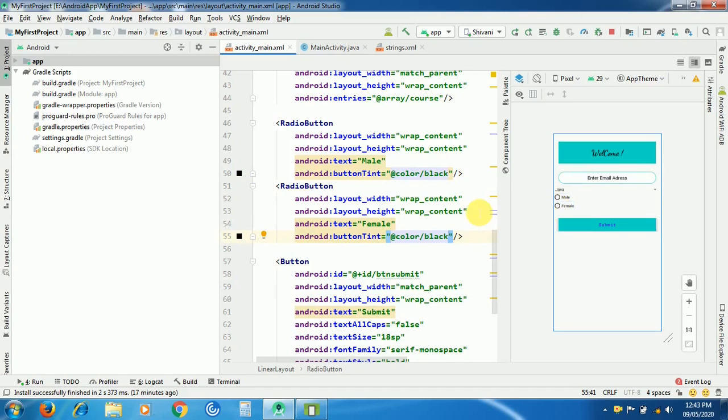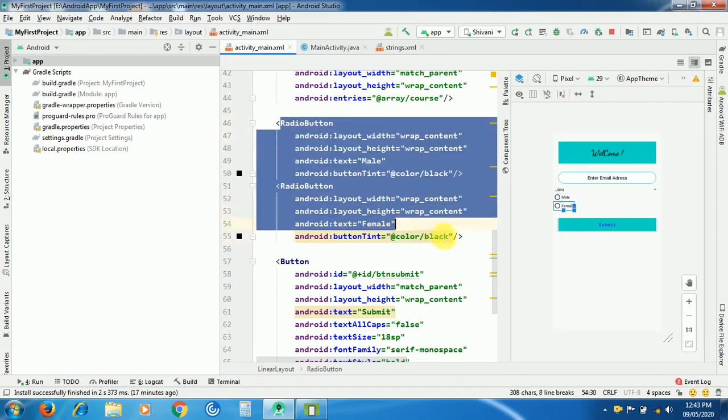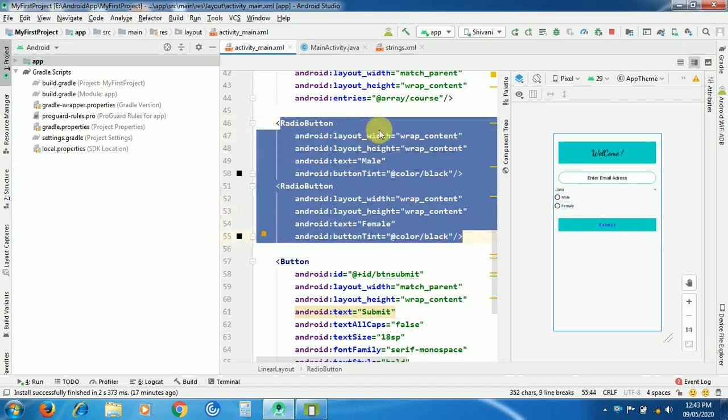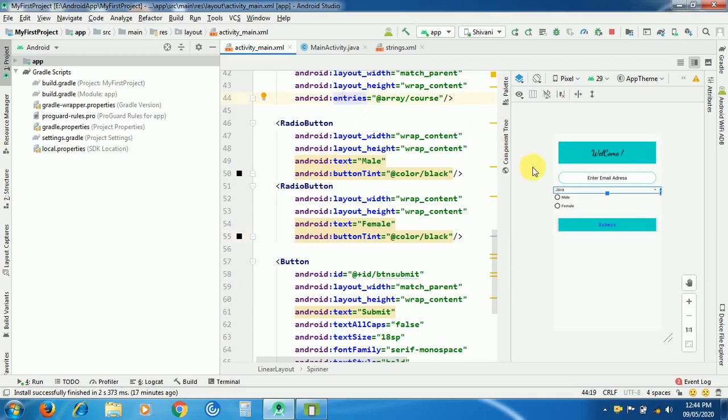Now the important thing is, if you just add two radio buttons, then it will not act as a radio button. If you are selecting this or this, it is able to select both. But to select only one of these options, we need to use a radio group.